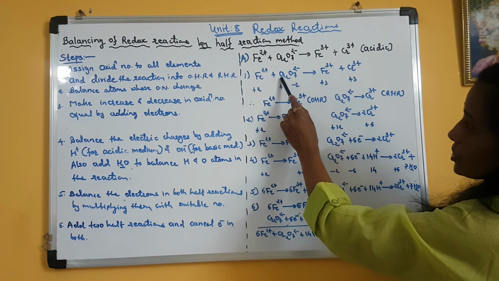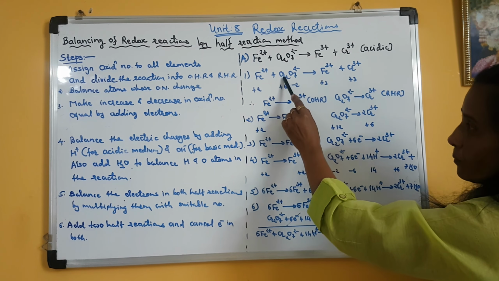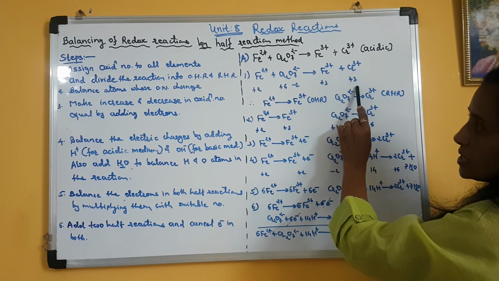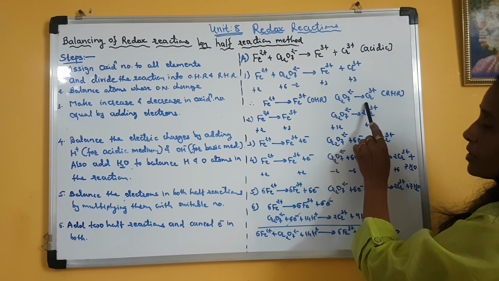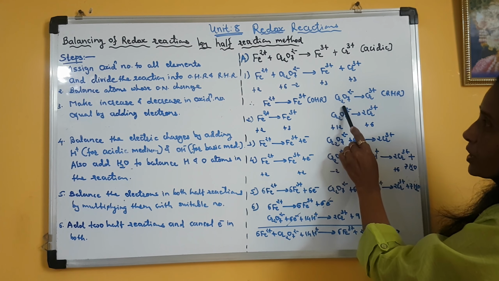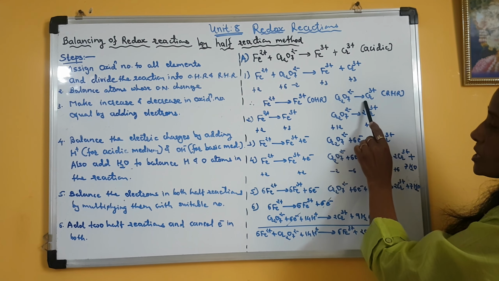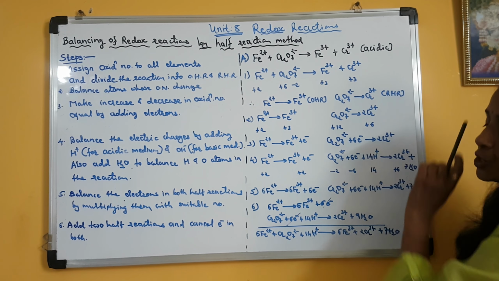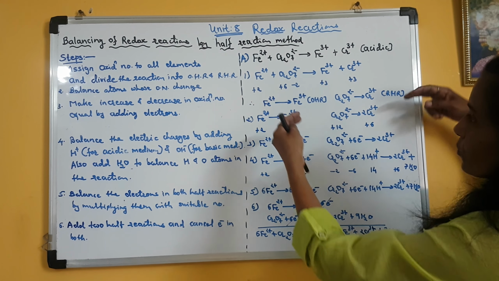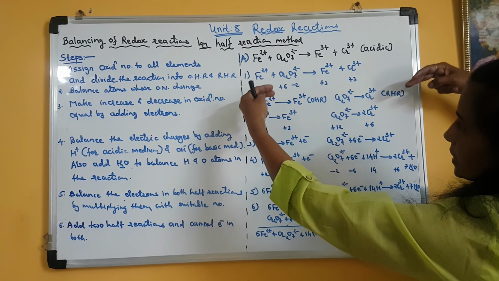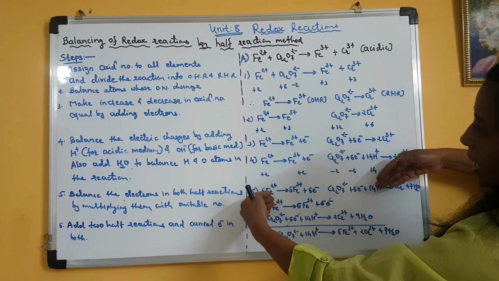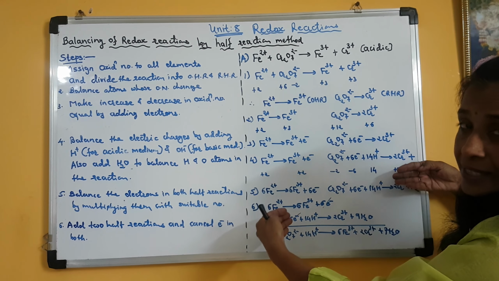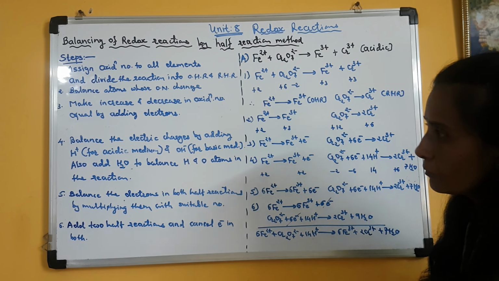So we will not focus on it. Here the change in oxidation number is in chromium. From +6 to +3 means there is a decrease in the oxidation state. So it is a reduction half reaction. So I have written Cr2O7 2- gives Cr3+, reduction half reaction. Now in the first step I have divided the whole reaction into two parts and till the last step I will balance them separately. Clear?